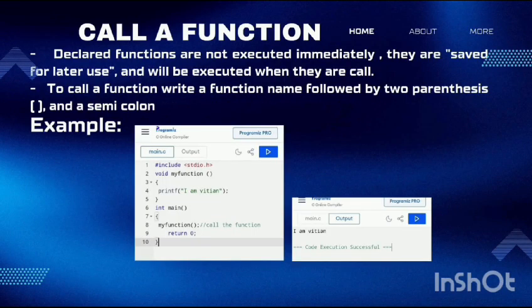Now moving on to calling a function. Declared functions are not executed immediately. Firstly, they are saved for later use and then they will be executed. To call a function, we should write the function name followed by parentheses. For example, here we take a function and then we save it and we use it for later use. As we can see, firstly we declared our function and then we saved it, and after that we used it for our later use. As usual, we took a header file